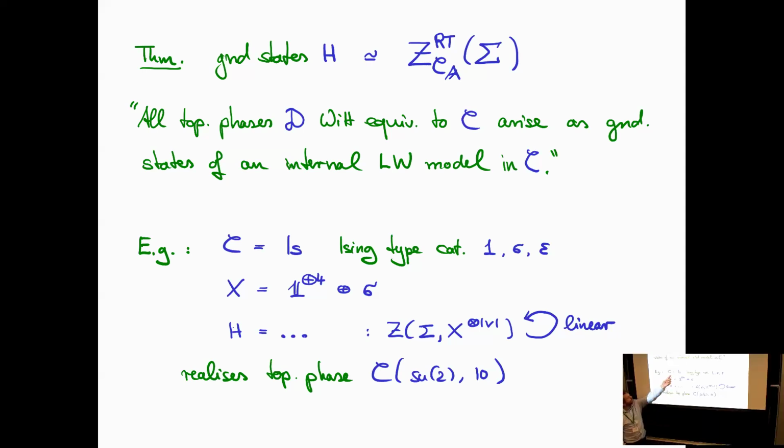And so I could run this procedure now for all the examples of orbifold data I had given earlier. For example, in this one, where we had the Ising category and this anion X is now that funny combination, and then the Hamiltonian is some explicit linear map. And the ground state space will be described by the topological phase for SU(2) level 10. So it allows you to go from Ising, which incidentally doesn't have universal computation, to SU(2) level 10, which does. So that's nice. Okay, I think that's pretty much